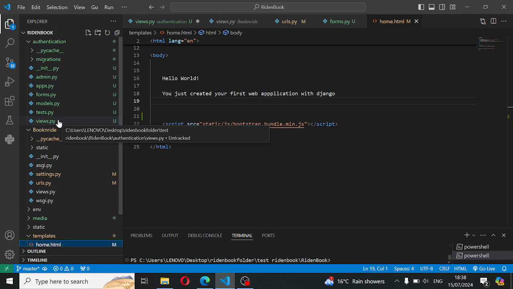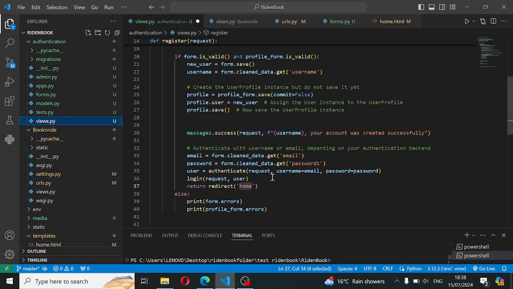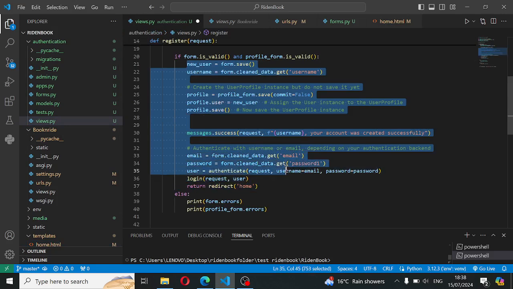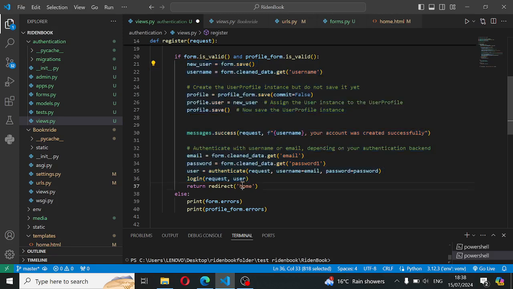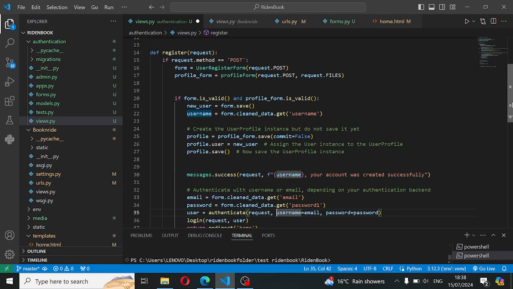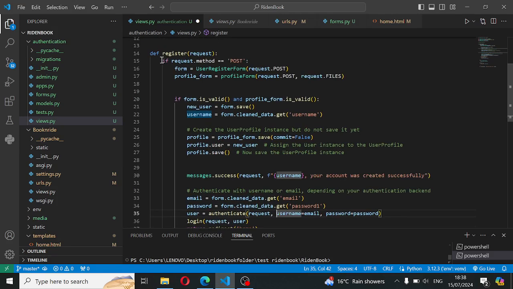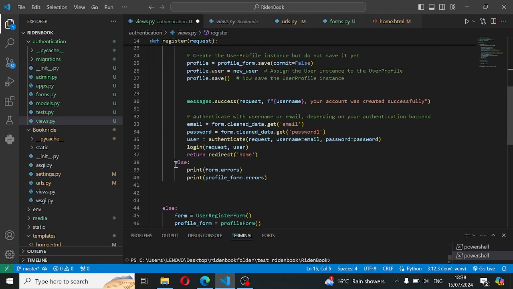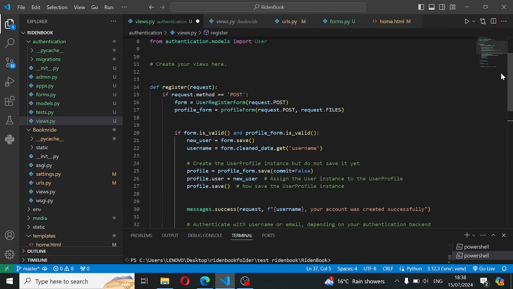Now if you go to the views here, you will see that I'm saying when everything is successful, it should redirect the user to home.html. Now, also take care of your first if statement. Look at the indentation. This second else statement should be on the same line with this if statement. So this if statement,